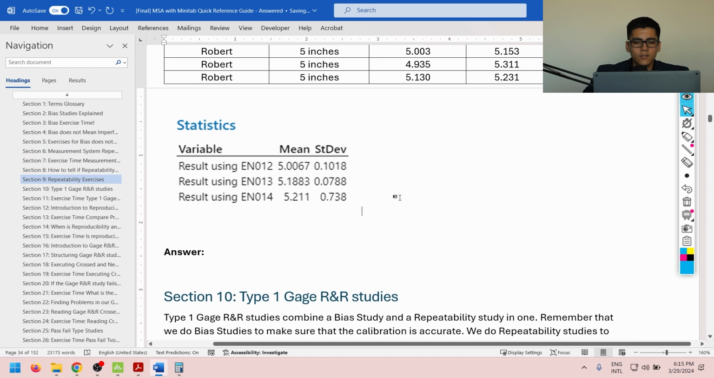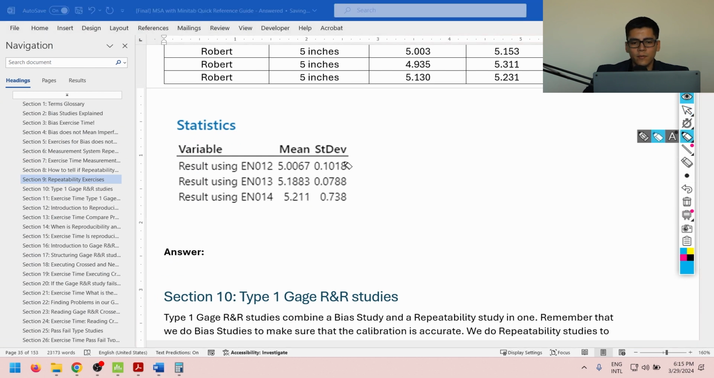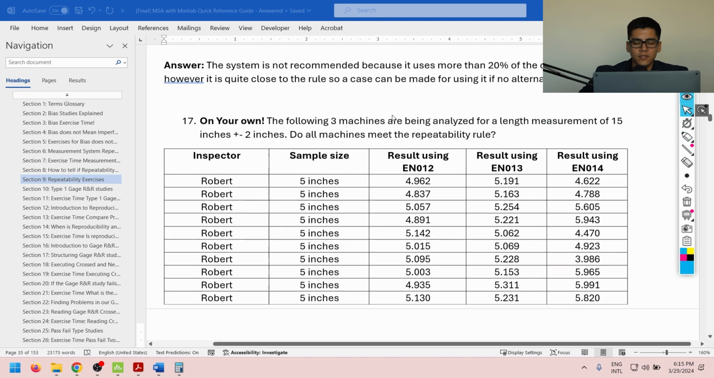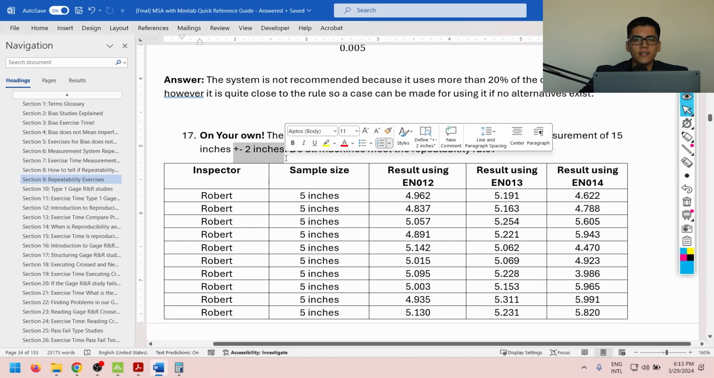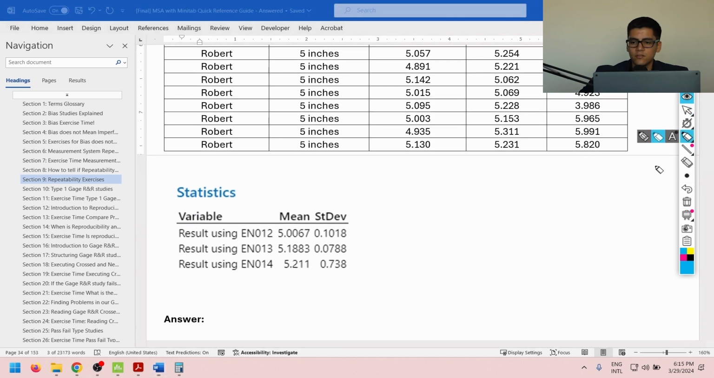Okay, so pretty much all of them have around the same standard deviation. Well, except actually for EN014, which is a lot worse than the first ones. So if I look at EN012 and EN013, they have similar values, not exact, but similar enough. But EN014 is way off. Now, what tolerance am I trying to measure with this system? It's plus minus 2 inches. So since this is plus minus 2 inches,